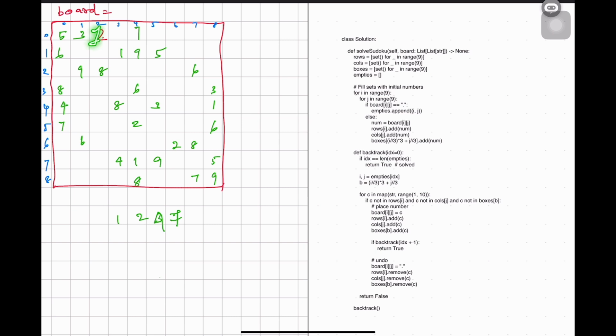Instead of 1, instead of 2, next what are the values that are not present in the rows of I, calls of I and boxes of I. We'll be changing that value and fixing that. For sure, at least one valid box we can form. Got it? So yeah, that's how the Sudoku works. I hope this makes sense.